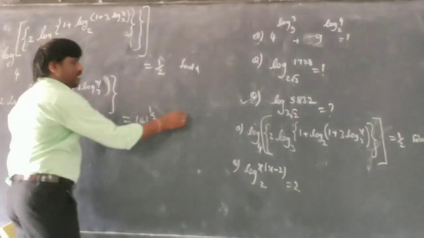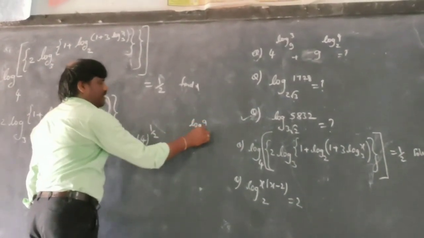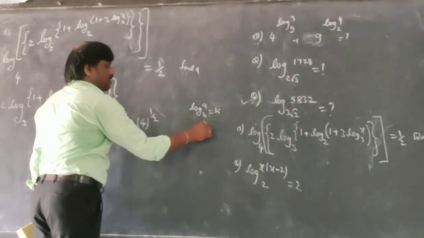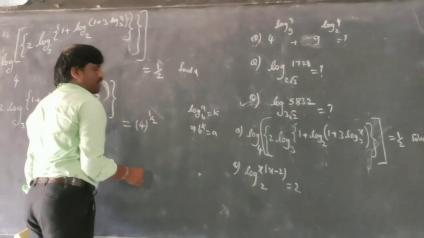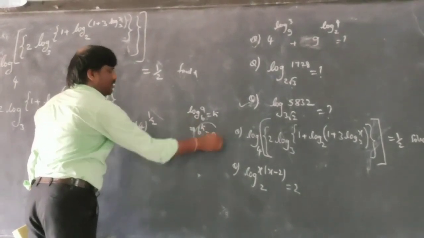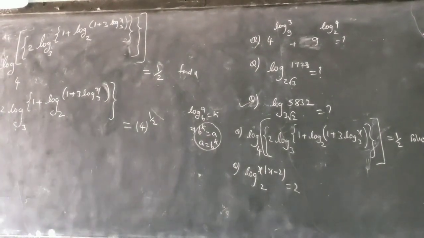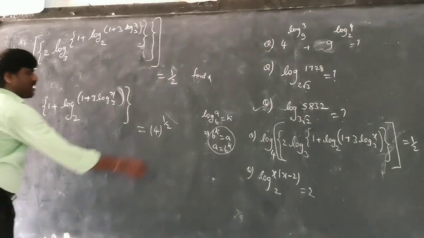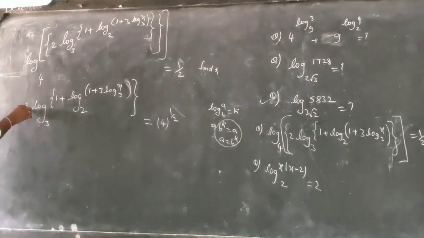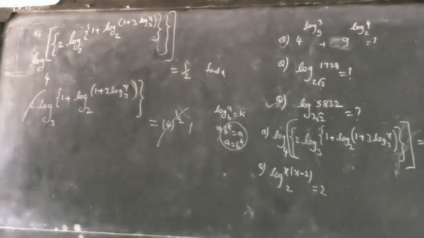I just tell you simply, whenever you have log a with the base b is equal to k, I write b power k is equal to a, correct? Exponential formula. Same, I wrote a is equal to b power k. These both are same, just I wrote that way. So what I get here, root 4 value is how much? 2. And what you have here? 2. This 2, this one cancels one time.